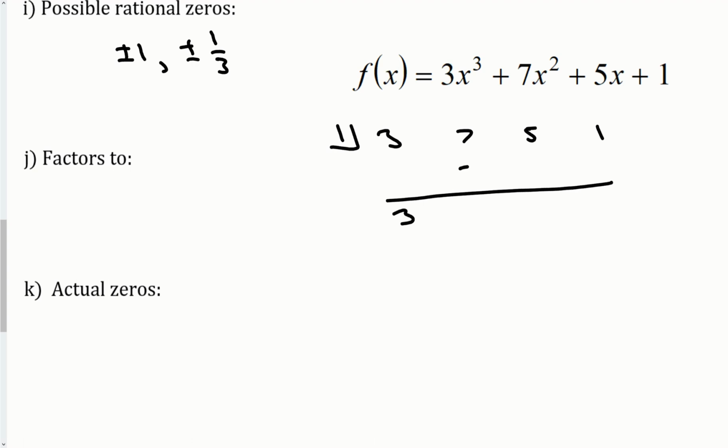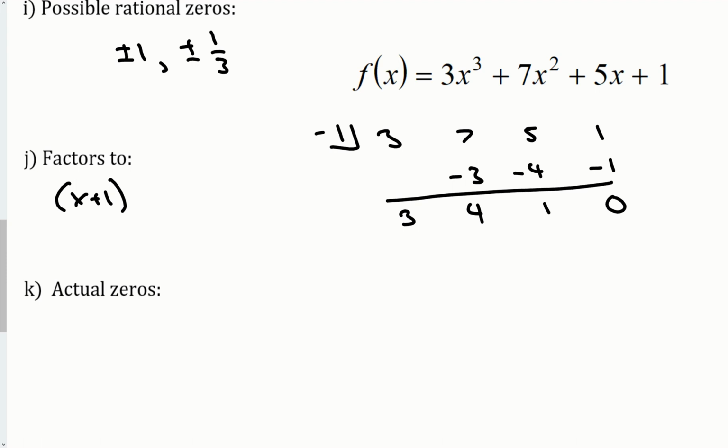Bring this down. 10, 10, that's a 15. That's not going to work. Let's try -1, and I'm going to hope this works because otherwise this will get a little more complicated. So that's 4, -4, 1, -1, and 0. Good. So here's my first factor,